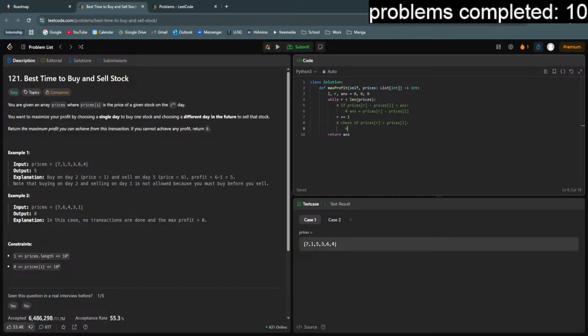And if it is, we're going to set L to R. And so what this loop should do is we're going to check if prices at R minus prices at L is greater than ans, then we change our current maximum to this difference. We're going to increment R, and then we're also going to check if prices at R is less than prices at L. And if that's the case, we set our new minimum to this,